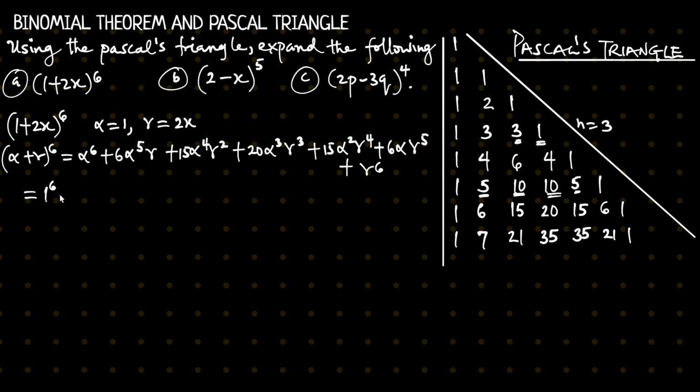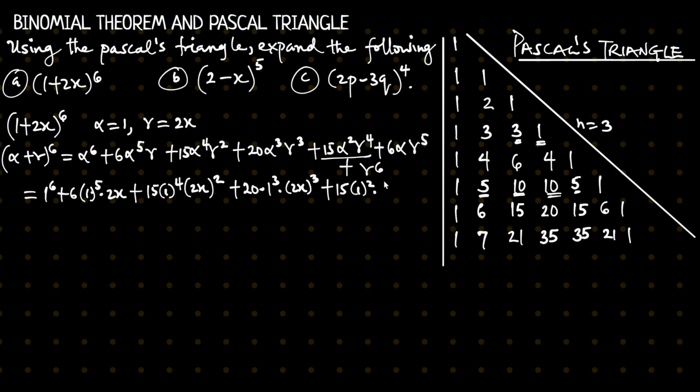Alpha is 1, so we have 1 to the power of 6 plus 6 times 1 to the power of 5, gamma is 2x, so times 2x, plus 15, alpha is 1 to the power of 4, gamma 2x to the power of 2, plus 20 times 1 to the power of 3, gamma, that is 2x to the power of 3, plus 15 times 1 squared times gamma, 2x to the power of 4, plus 6 times alpha is 1 again, then gamma to the power of 5, plus